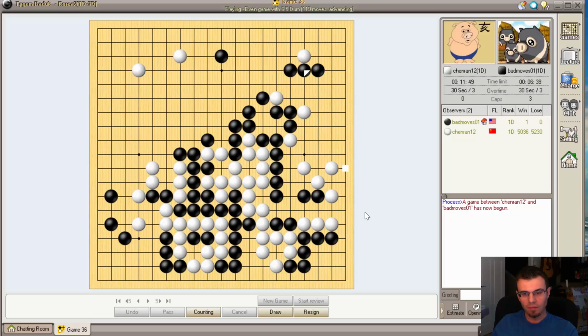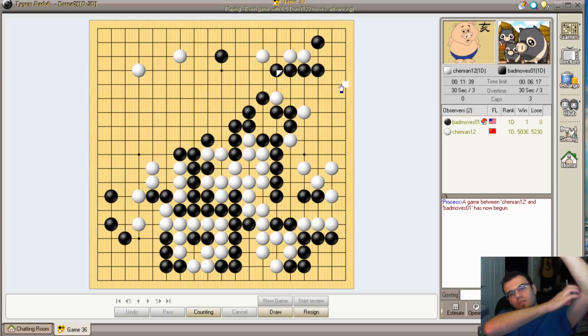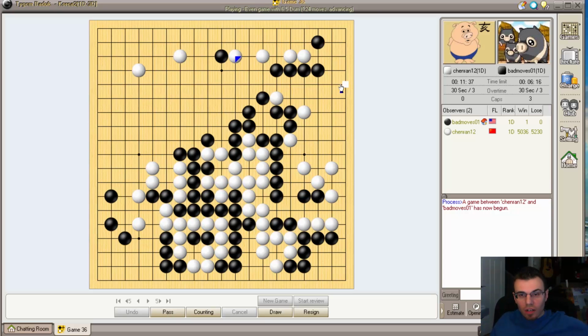Oh, he's got to invade. I wonder if I need to be more worried about this thing. Let's deal with this one first. I mean, it's alive, but not happily. Just play shape move. Yeah, he's got to really struggle here. Am I strong enough to just descend? Kind of looks like it, but...